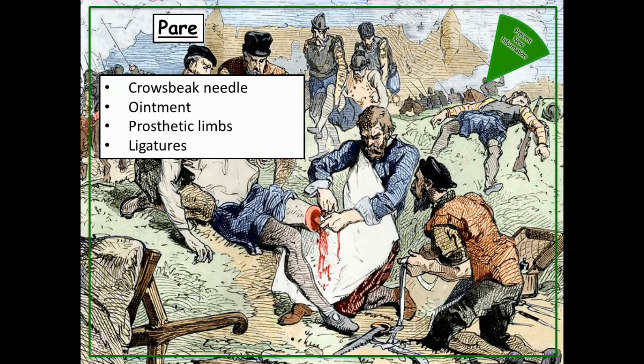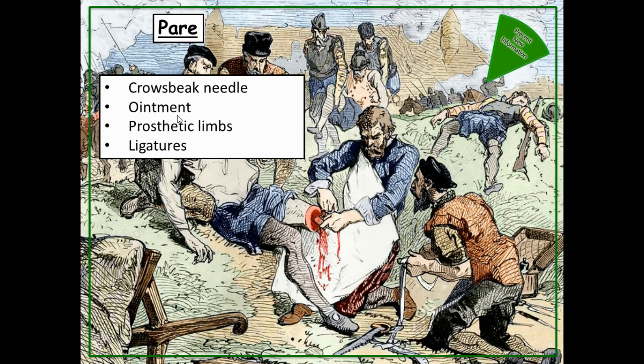Those included the crow's beak needle, which you'll see here. He's using it to pull veins out of an amputated limb in order that he can tie them up to prevent blood loss. So that leads to the second thing that he developed, which was ligatures. They were tiny bits of silk that were tied around veins to prevent people who were having amputations bleeding out. In addition to this, he developed an ointment, which was a treatment for those people that had massive wounds on them. If he put the ointment on the wound, he'd prevent himself from having to use cauterizing oil, which was boiling oil that surgeons had previously used to burn wounds shut.